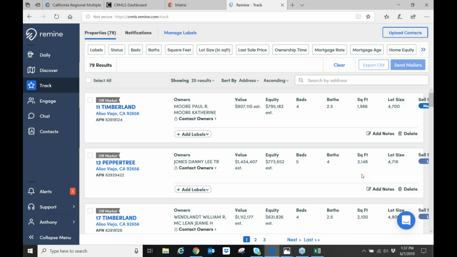Number one, you guys want to do mailers. Okay, we can do that. When we create mailers and a mailing list, we need address labels, right? So what we can do is select the properties. The moment we select the properties in our track list, we have here in the top middle where it says print mailing labels. When I click on print mailing labels,